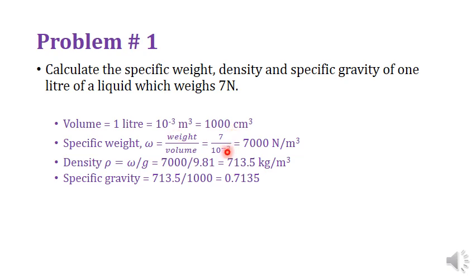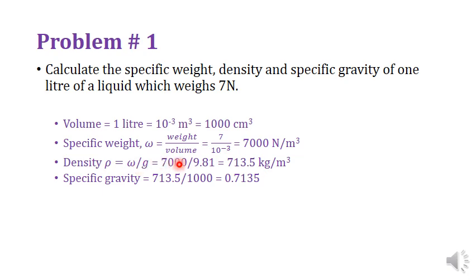If you are going to solve it in one system like the SI system, in newtons, meters, seconds, then you need to be very particular about each and every unit of each and every parameter. So if weight is to be input, that must be 7 newtons, and if volume is to be input, that must be 10 raised to power minus 3, because Newton is in SI system and with SI system meter is consistent. So 7 over 10 raised to power minus 3, and you get 7000 Newton per meter cube. So it is okay to input your values like this in the SI system.